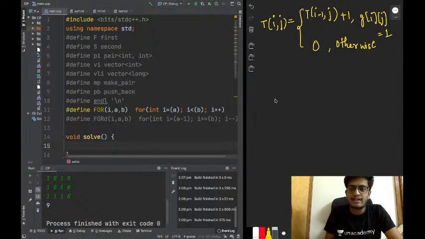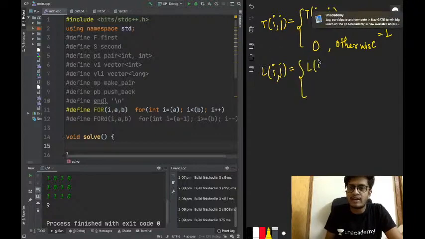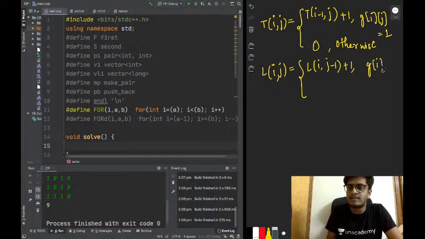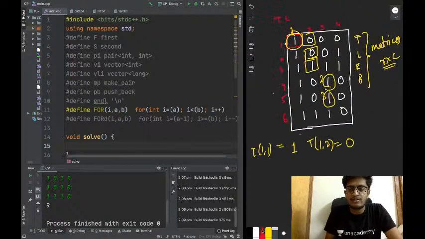Similarly for L, we discussed that Lij will be L of (i, j-1) plus 1 if the grid value at (i, j) is 1, or 0 otherwise. Because the L value of this cell will be the L value of the previous cell plus 1, since this cell is 1 itself, and the L value of that cell is 2, so the L value of this cell will be 3.